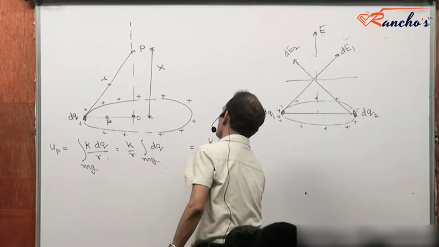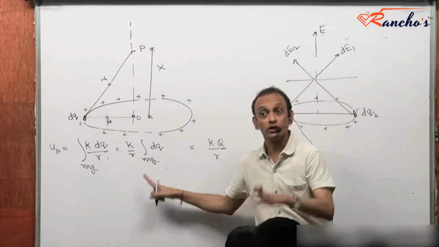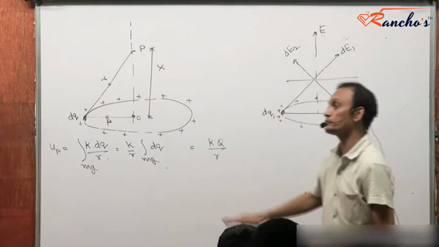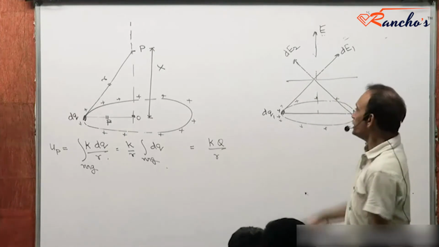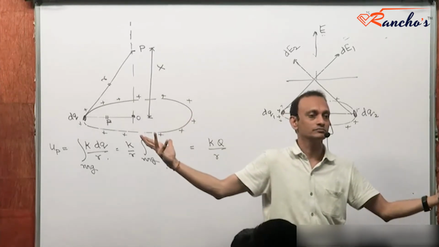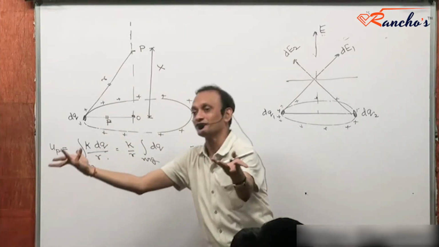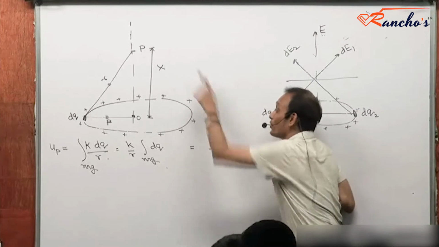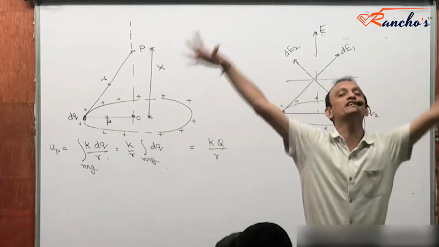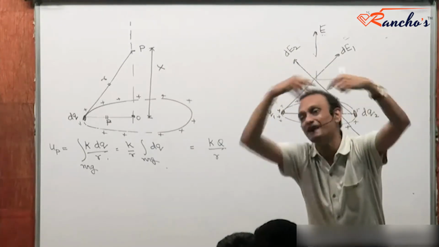Now the interesting thing is, in this calculation, do you understand this calculation first? In this calculation, have I used at any point, at any step, that the charge distribution is uniform? Integral dq, irrespective of whether the charge distribution is uniform or not, will be the total charge. That means this result, potential at the point P, kQ by r, will also hold good even if this charge capital Q was haphazardly distributed over the ring, was non-uniformly distributed. The potential part does remain intact.